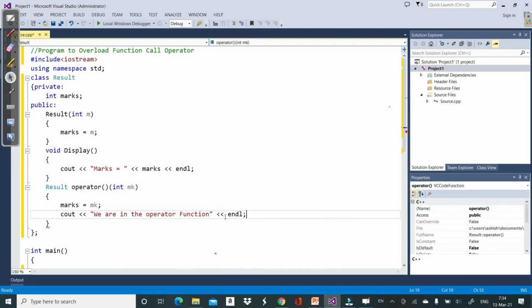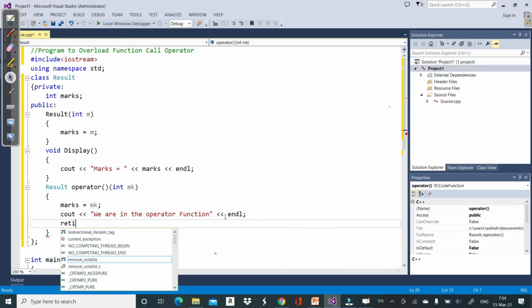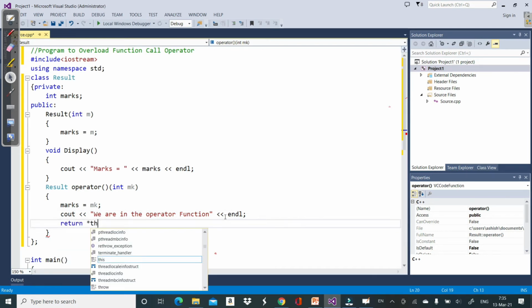And what will we return? We will return the current object: return *this.